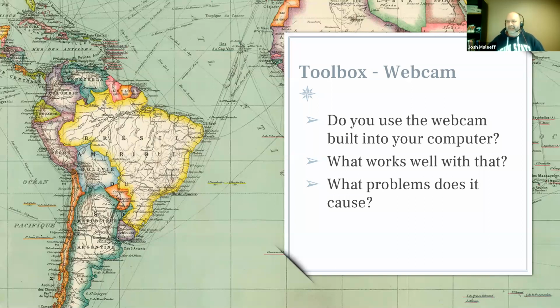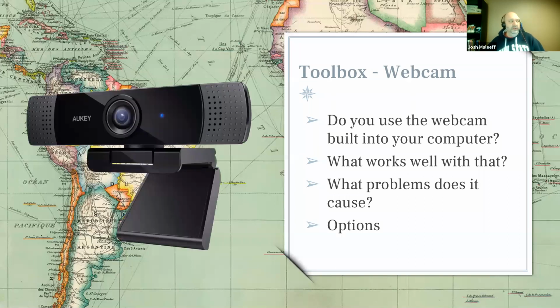So what do we do then in that case? How do you resolve that? I saw at least one of you is using a USB camera or an external webcam, which is our main option to look at. The one that's on screen at the moment is the one that I'm currently using. And this is also something that, as we've gone through the last couple of months, as everybody was scrambling to get the right equipment, it was hard to find a decent webcam.